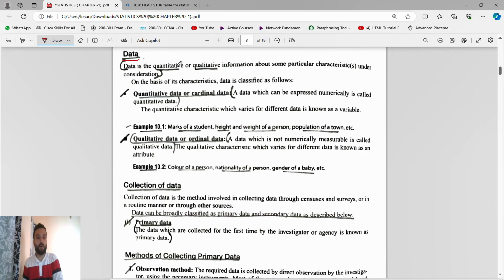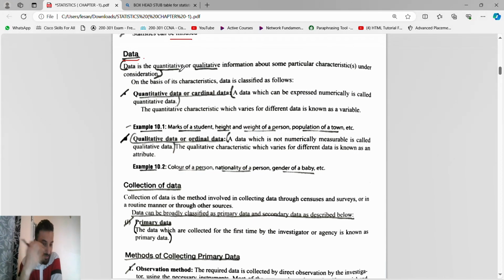Now the very important thing is data. We collect, then present, then analyze, then interpret. All is about what? All is the data. So data is of two types, quantitative data or qualitative data, in numeric form or word form. You have to remember the names, don't skip the theory from stats. Otherwise trouble will happen in the second attempt, because in stats the theory carries good weightage.